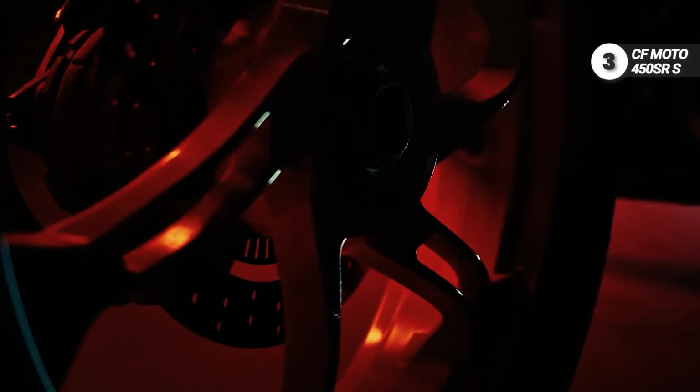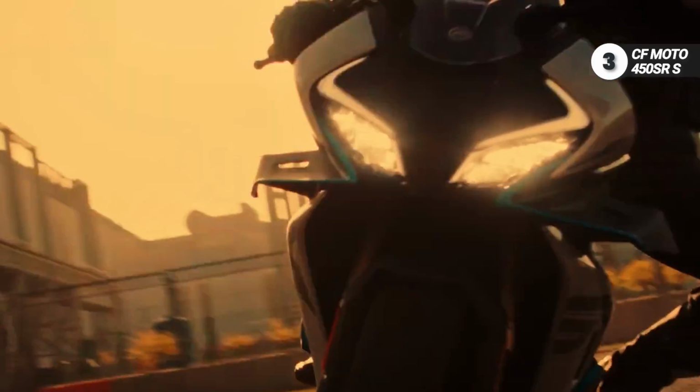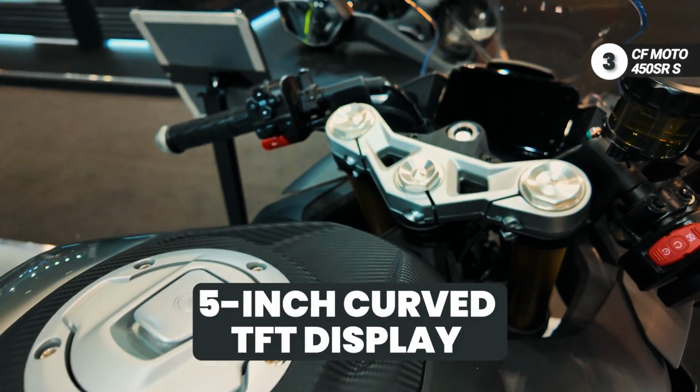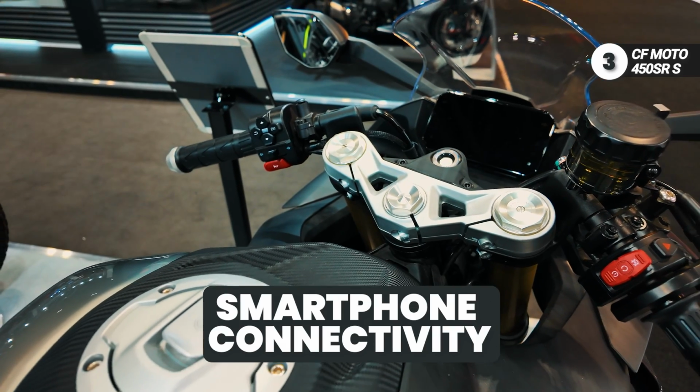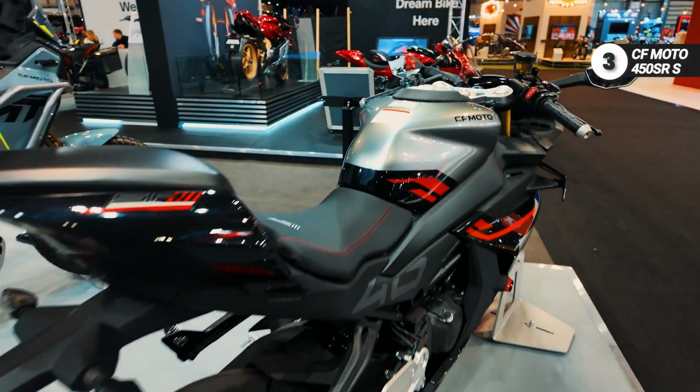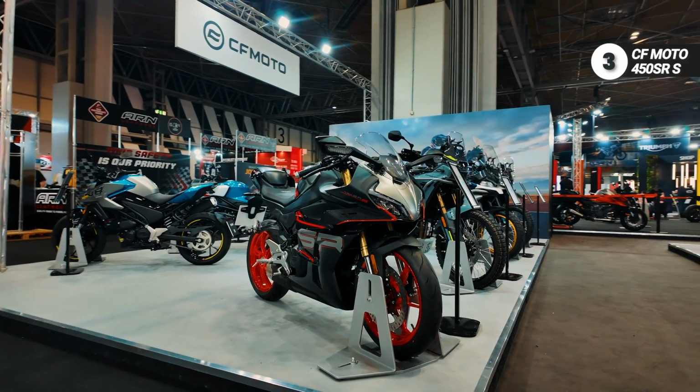A feature of the 450 that really does impress me has got to be the tech. Coming equipped with a 5-inch curved TFT display, also seen on the standard version of the 450 SR, smartphone connectivity, USB port and LED headlights. Overall, this bike is a serious competitor, all for the price of